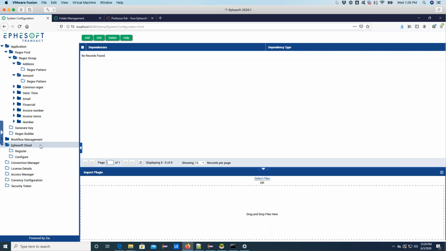So it does go up and down from the server, but whereas a 4-core server would only process somewhere between 15 and 20 pages per minute, you might be able to, on the hyperextender, do like 5,000 pages a minute. So it could be used in conjunction with the smaller system, but of course, that has a per page count cost as well. So it really depends on your implementation to figure out if it's going to get you the ROI that you need. But you can definitely have less hardware and do a heck of a lot more within the Ephesoft Transact world using the hyperextender.